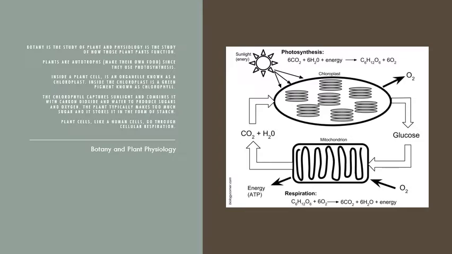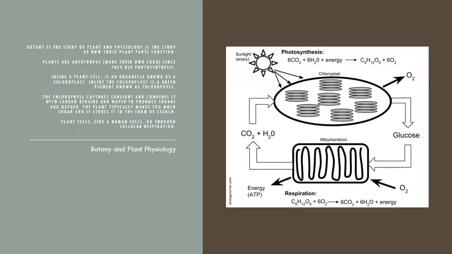Botany is the study of plants, and if you look at the physiology of a plant, it's the study of how certain parts of a plant function and work together. So plants, they are autotrophs. If you look at the word troph, it means nourishment. And if you think of the word auto, it means self. So they are self-nourishers. They make their own food. And they make their own food through the process of photosynthesis, which we have talked about in the last module.